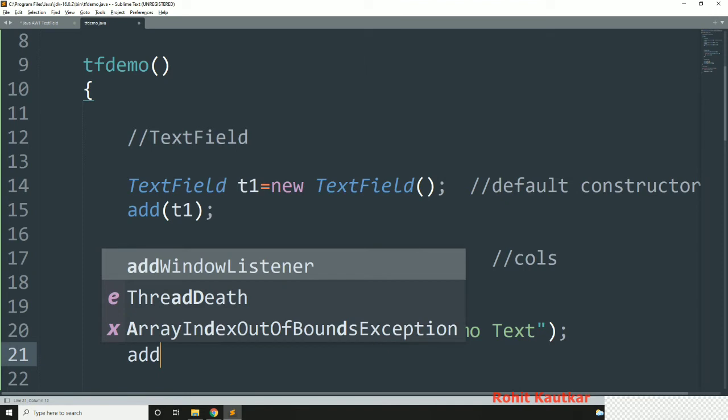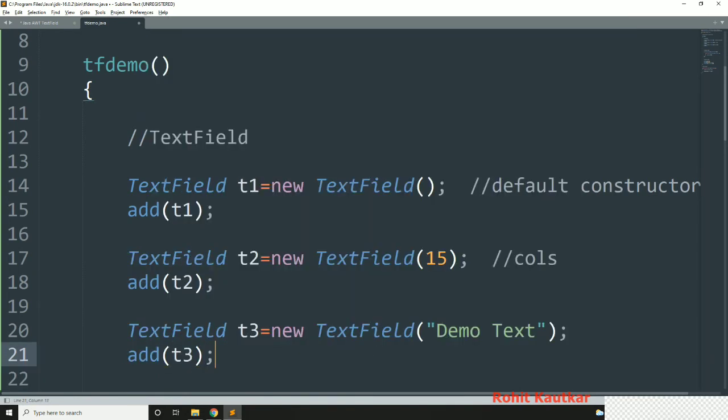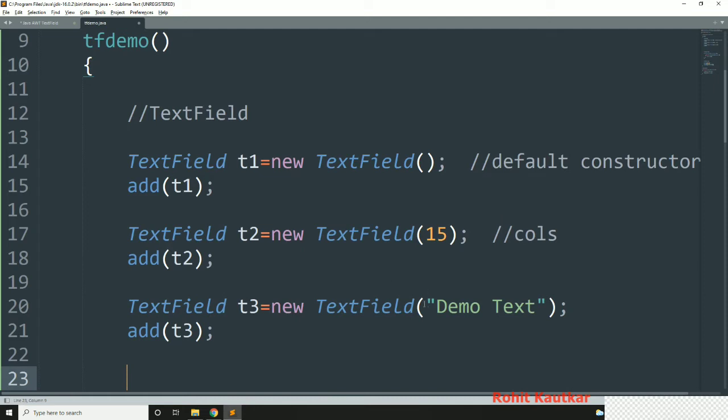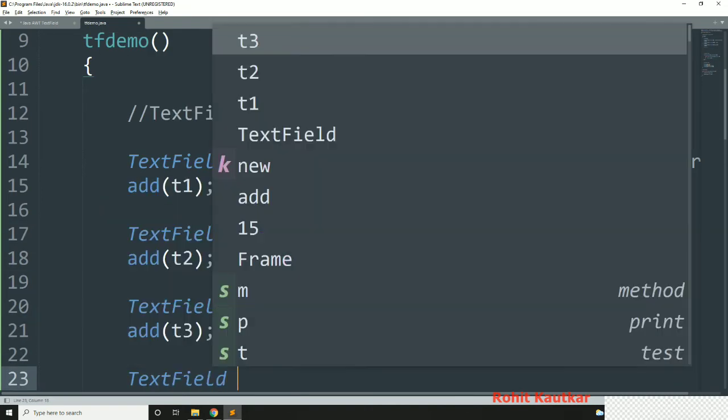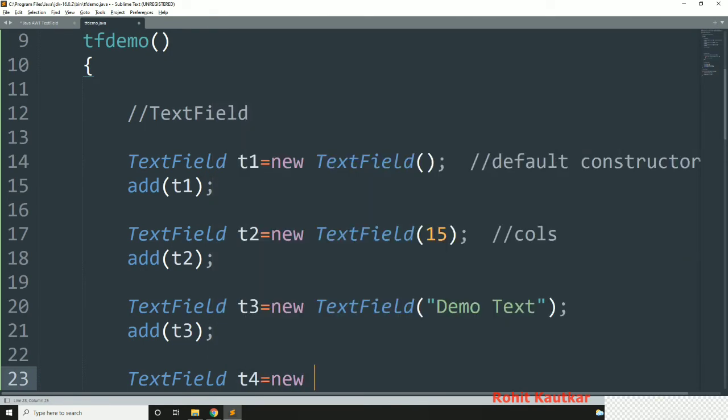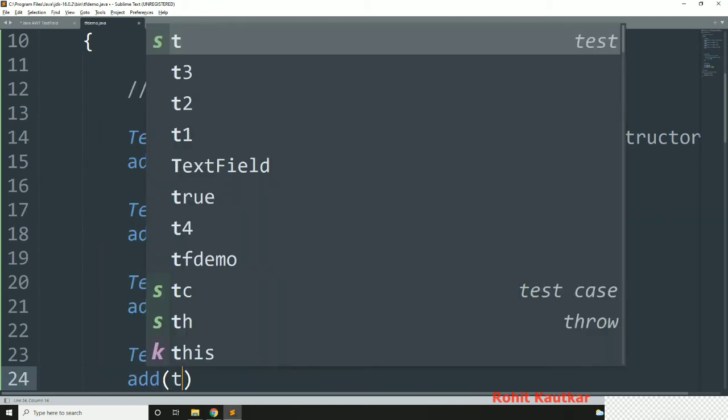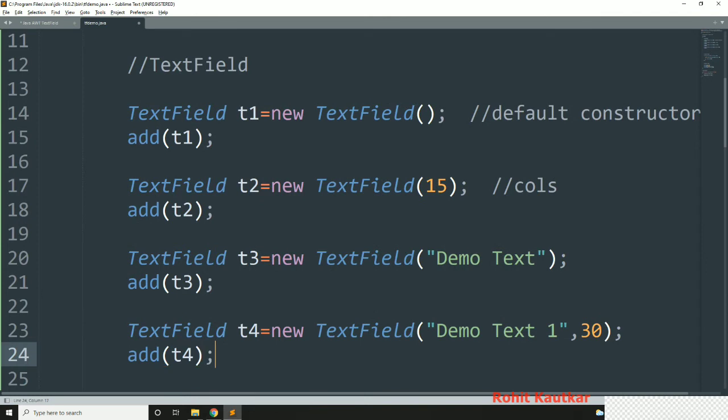And we will add this T3. The last constructor is one in which we can specify the text to be displayed as well as the number of columns, a combination of both. So I will write text field T4 is equal to new text field, and first I will write what text I want to display, let's say demo text 1, and how many columns I want, let's say 30 columns, that is the width, and we will add this T4, like this.